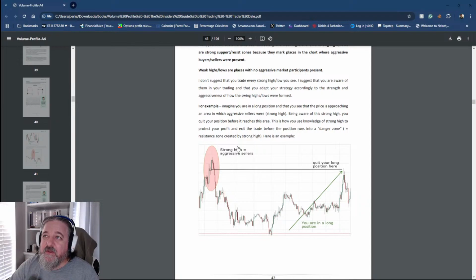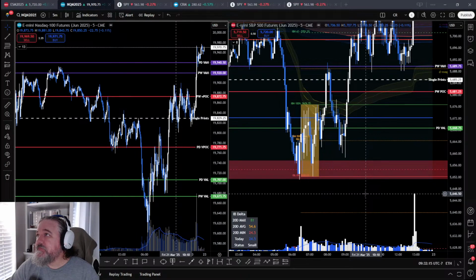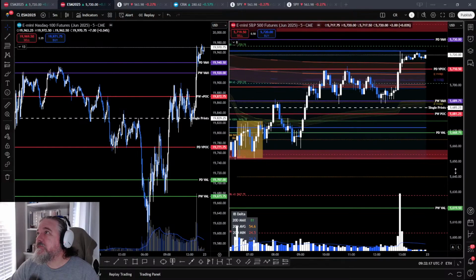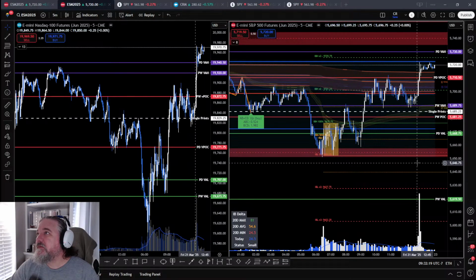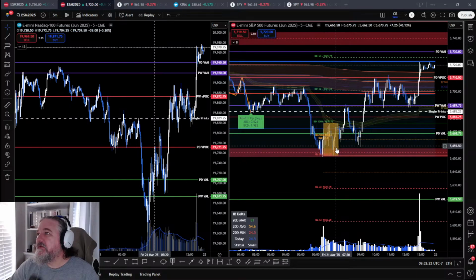This is important to know. Where you have a strong high, you don't expect price to come back to there. And if price does come back to the strong high, that's where you would want to grab puts. And I can show you an example of that from yesterday. If we look at ES, is this it here? Where is this Friday? Yeah. So if we look at Friday here,